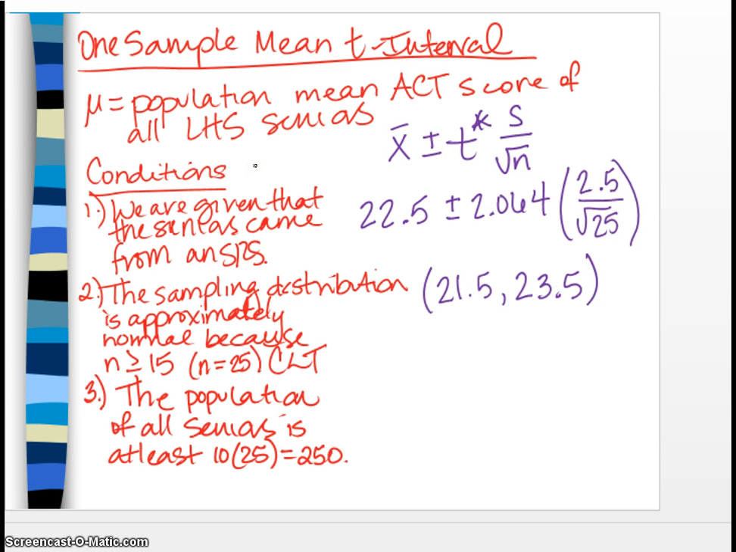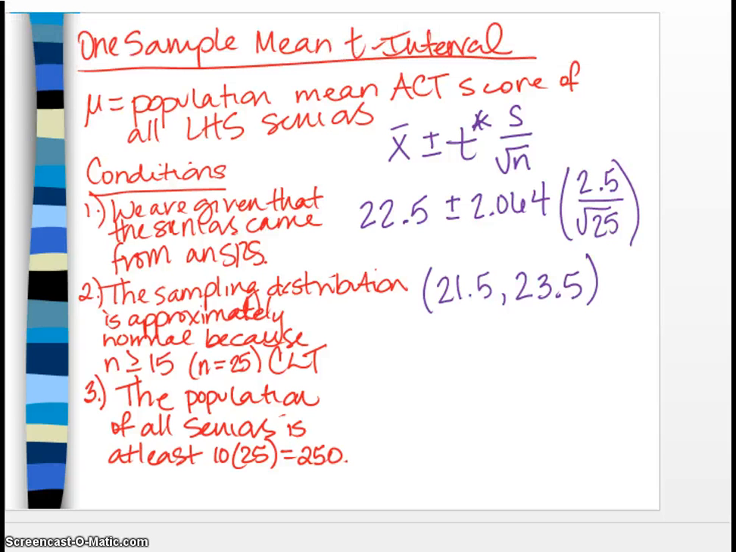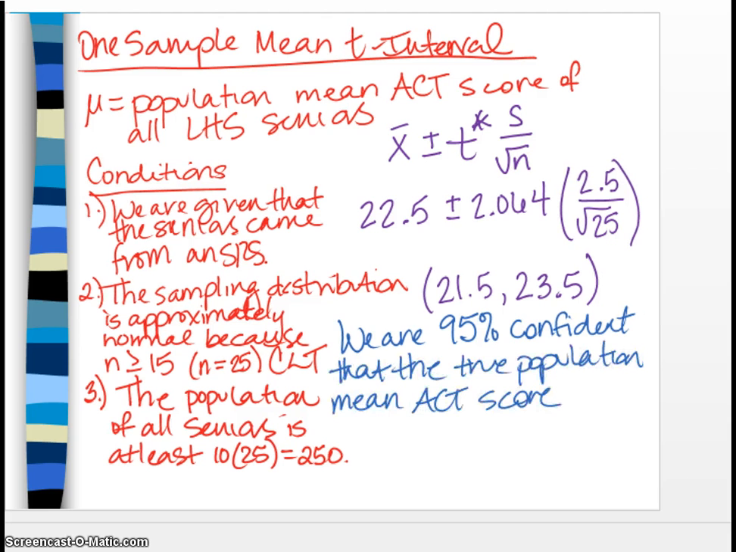There is your interval. Okay, now we need a good sentence to go along with that, a good conclusion sentence here. And that always starts out the same. We are 95% confident, or I am 95% confident, that the true population mean ACT score, we are 95% confident that the true population mean ACT score of all LHS seniors